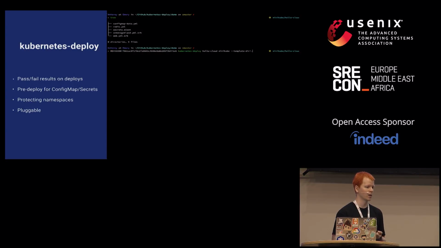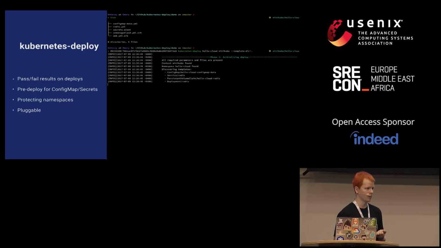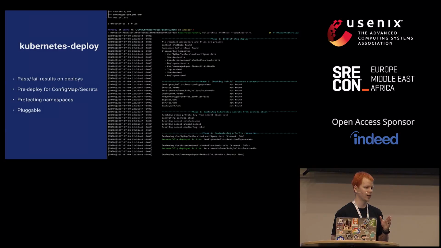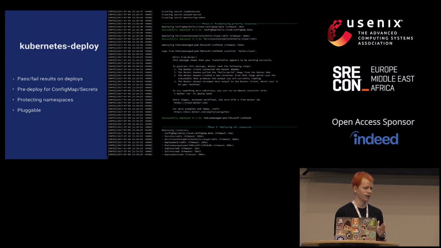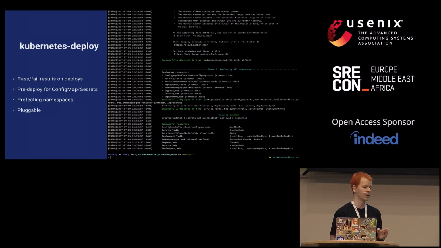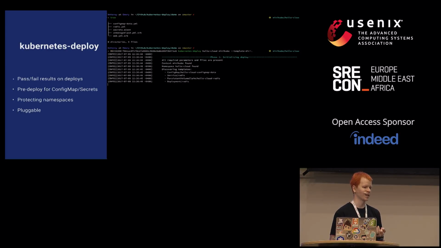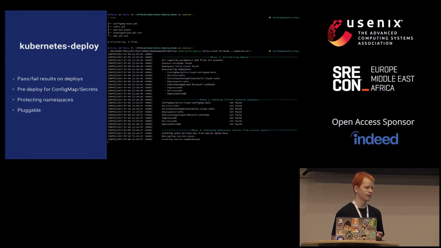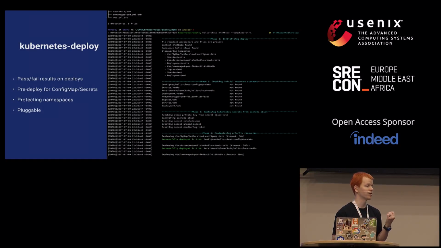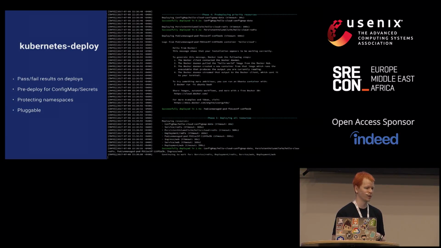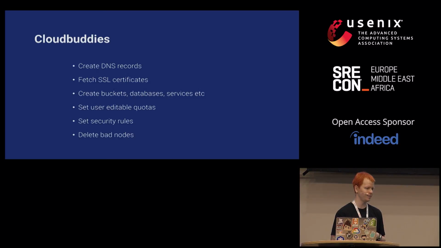This is a highly pluggable tool, so we still wanted to leverage our old deployment tool, which is called Shipit. It's also open source. But as Kubernetes deploy is just a binary that you call, you can plug this into Jenkins, you can run this manually on your laptop, like the screenshot is showing here. But in our case, it's part of our deployment pipeline. So this is not how we do deploys at Shopify. This is just an example of how a developer can run it on their machine. So if you use Jenkins and you like something like that, check it out. You can literally just put the binary in and start using it.